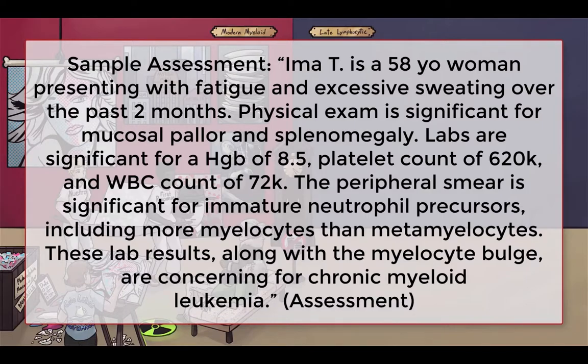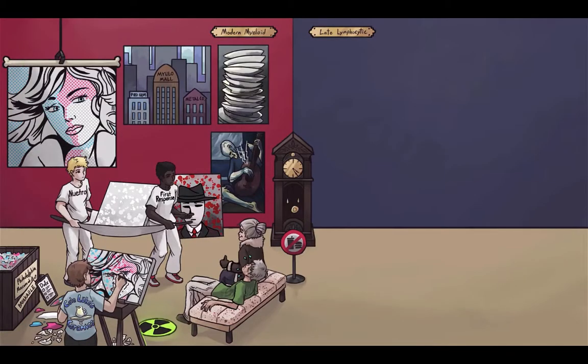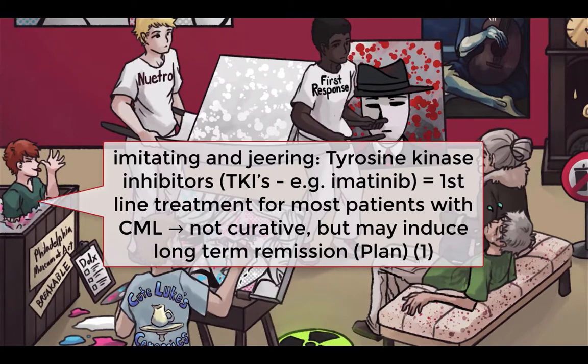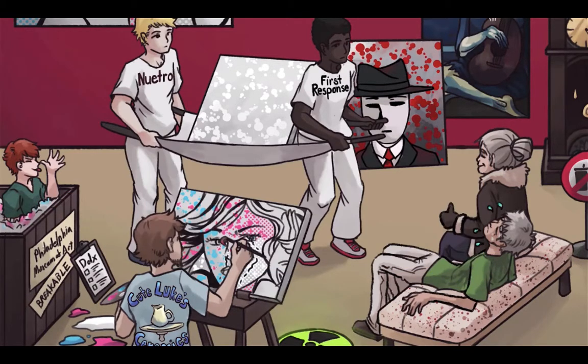These lab results, along with the myelocyte bulge, are concerning for chronic myeloid leukemia. The treatment of CML depends on the phase in which the patient presents: chronic, accelerated, or blast crisis phase. Tyrosine kinase inhibitors, such as imatinib, are the initial treatment of choice for most patients with CML. Just think of this kid here, making a mocking gesture with his hands, imitating passersby, if you will, a recurring symbol for imatinib. Although these drugs are not curative, they can often induce long term remission, especially in patients with